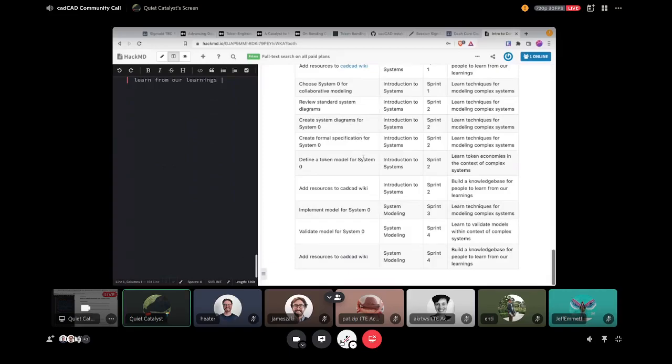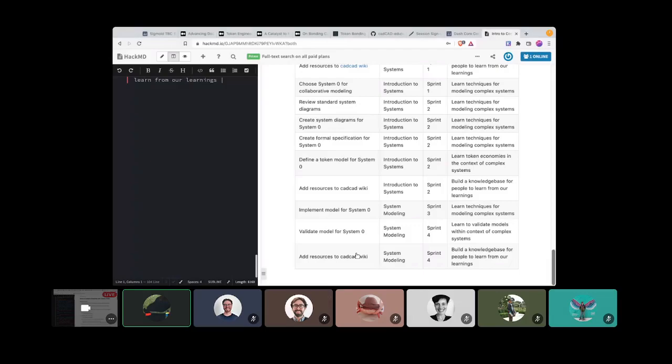Also, I think the exercise of defining token models around systems. As we apply this to token engineering, in my limited experience, I found this to be a very useful exercise to think about how you can take a system and tokenize it, basically. And I know, Peter, you'd done one with a plant almost a year ago now, which sounds like an interesting and slightly arcane approach to doing that.